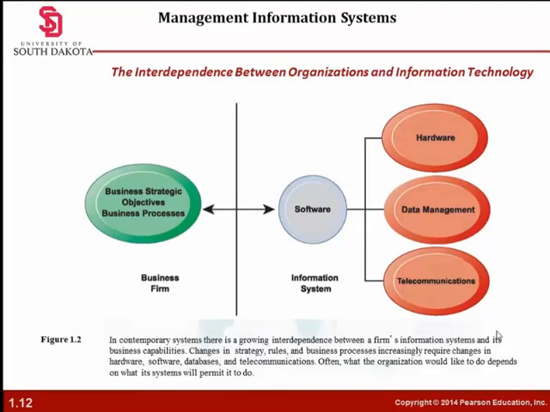The basic point of this graphic is that in order to achieve its business objectives, a firm will need to have significant investment in information technology. Going the other direction, from right to left, having a significant IT platform can lead to changes in business objectives and strategies. This is a two-way nature of this relationship.